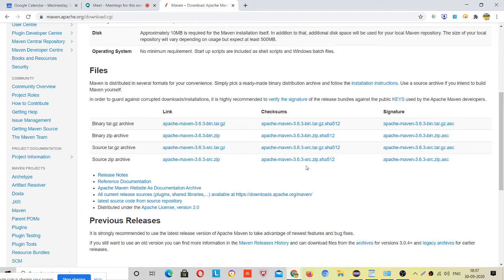So these are two files: Apache Maven 3.6.3 zip, and another one. If you are working with Windows, then download this. If you are working with Mac OS, then download this. I have the Windows operating system, so I will download this.